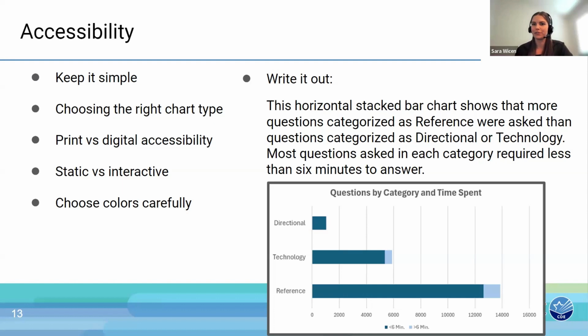Just something that jumps to the forefront of my mind for starters is if visualizations are included as static images, then you'll need alt text for screen readers to make those images accessible. And I'm just going to briefly explain. There's a lot of resources out there for writing alt text, but for a chart, that alt text usually looks like a concise, short description about the type of chart you're using and the data contained within that chart.